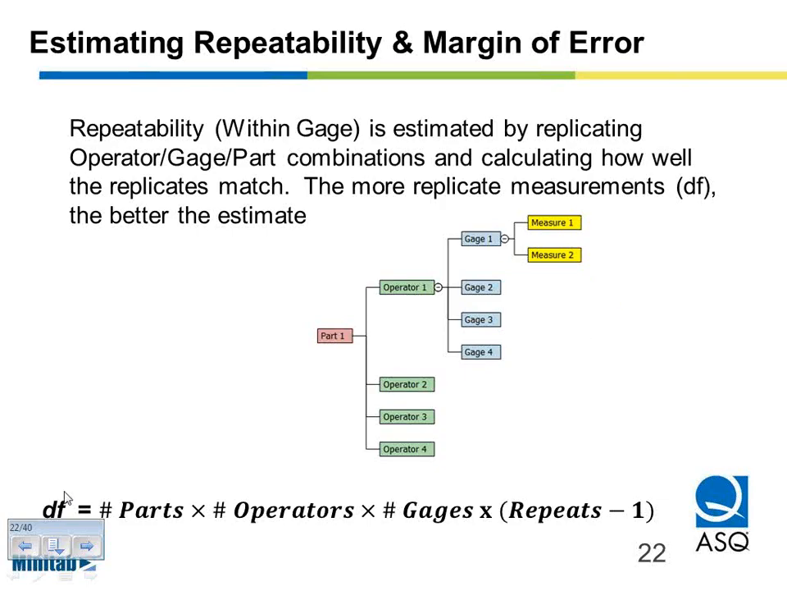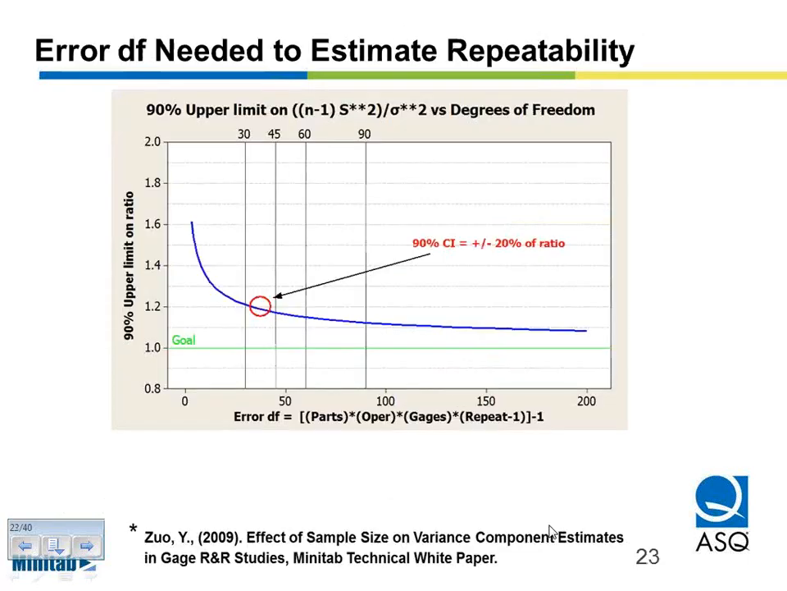So what we call the degrees of freedom, the number of parts, number of operators, number of gauges, times the repeats, will determine your degrees of freedom, will determine the precision with which you estimate the within-gauge variability. And not only do we know that that is the only determinant, but we also know exactly what the relationship is